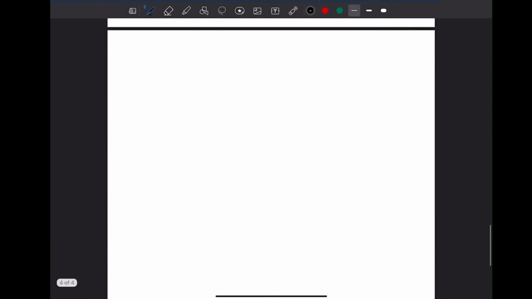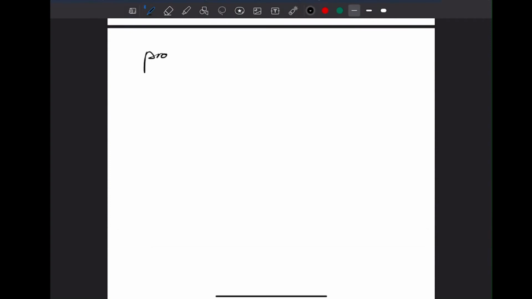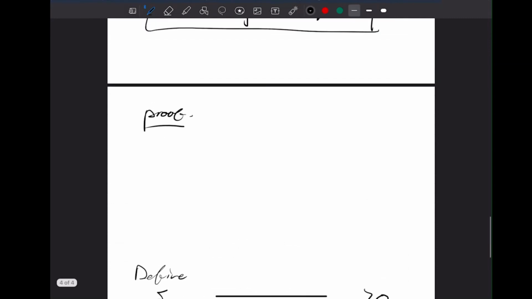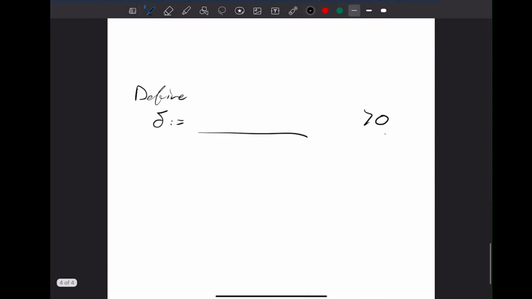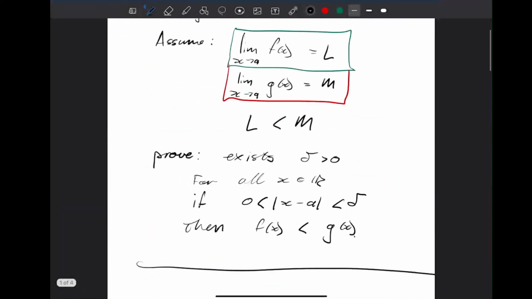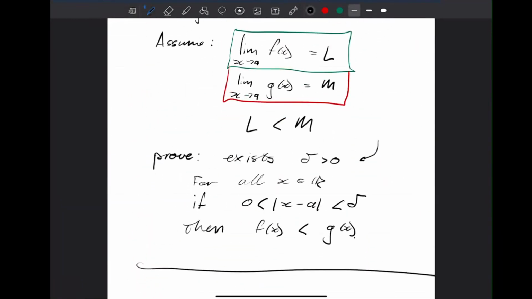Okay, and what do we have to prove? We have to somehow define a delta. So let us define a delta. We don't know how to define our delta yet. And what does this delta have to do? What are we trying to prove? So we have to show that such a delta exists, so we must define it so that for every x,